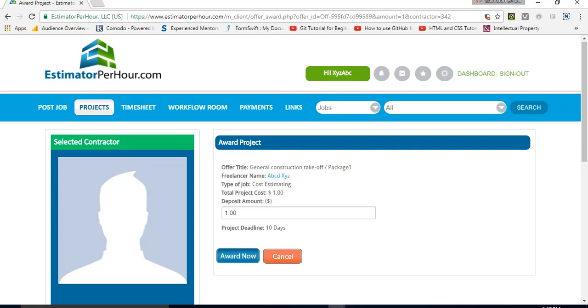Now on the side of the freelancer, they will just simply check their work forum, and they will see there the notice of award, and then they will just simply accept it, and then they can start working. All right, so this is really the basic features for this new feature of EPS.